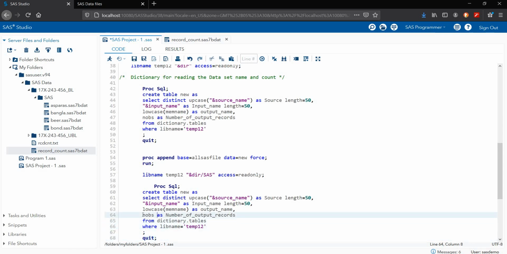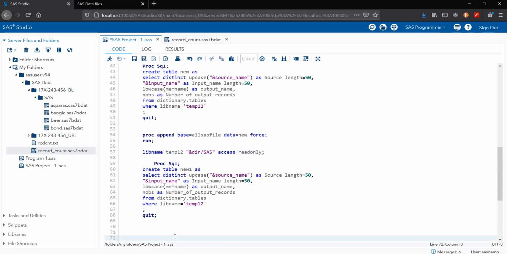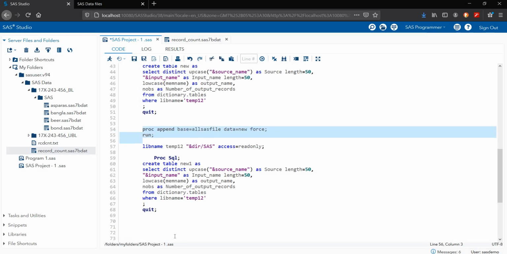Temp12 is the same, only the libname statement is different, because I put only the particular SAS folder name. Next, same, we have to write the proc append statement for the SAS folder.